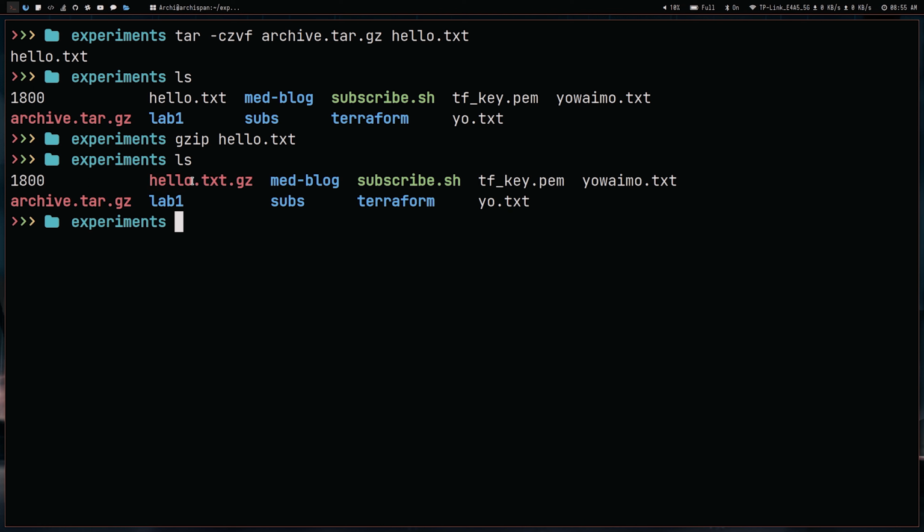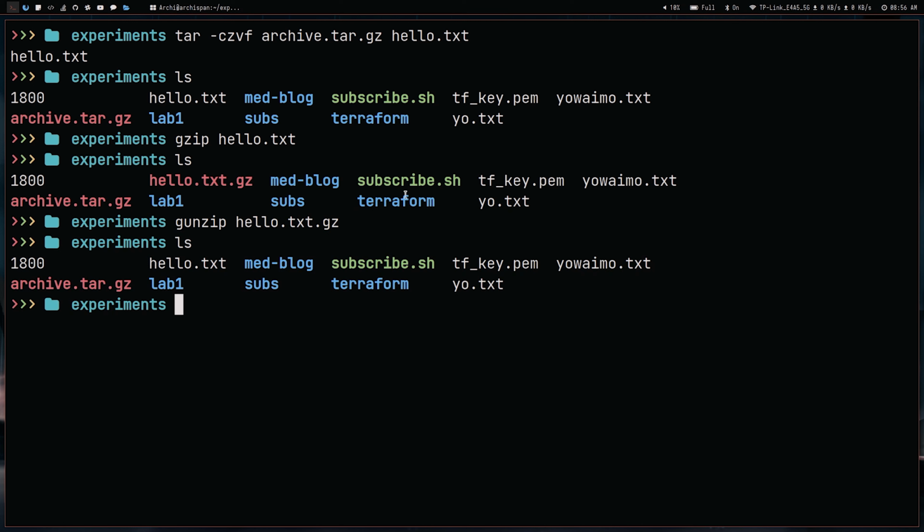And then if you want to decompress this zip file, how do you do that? You use the gunzip command. You unzip that, like gunzip hello.txt.gz. If I do ls now, you can see instead of hello.txt.gz it became hello.txt. So yeah, that's how we can get zip files or archive files in tarballs, and you can also unzip using